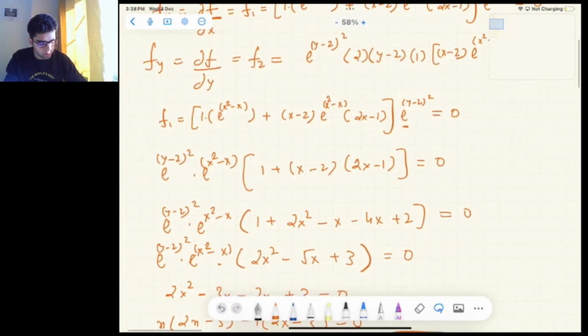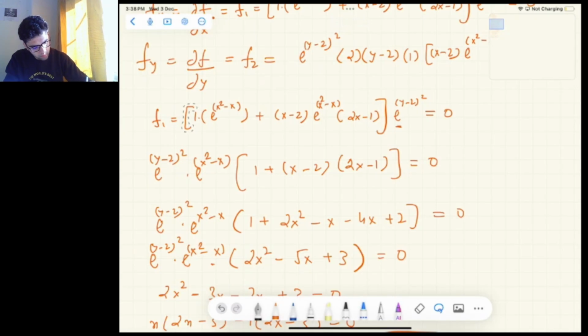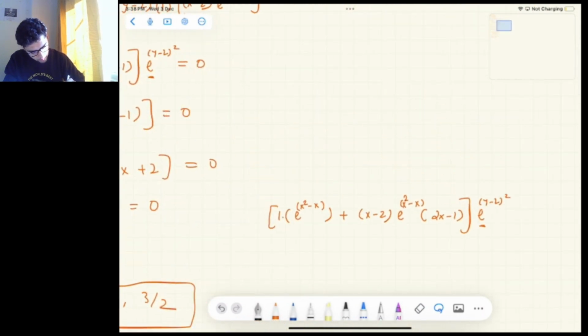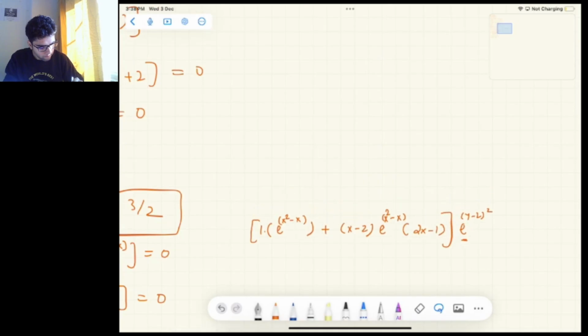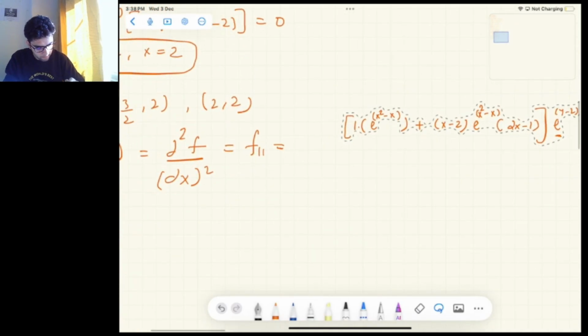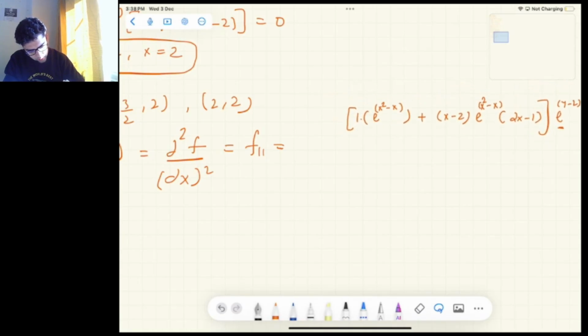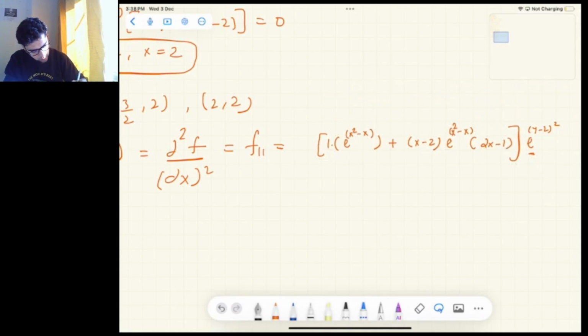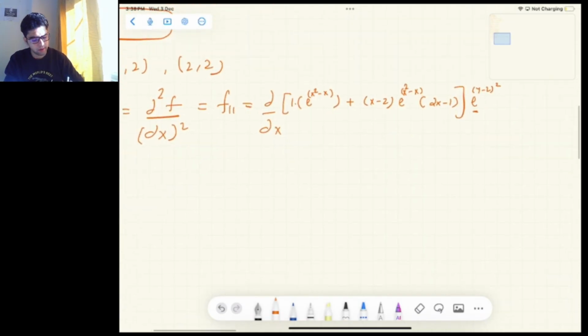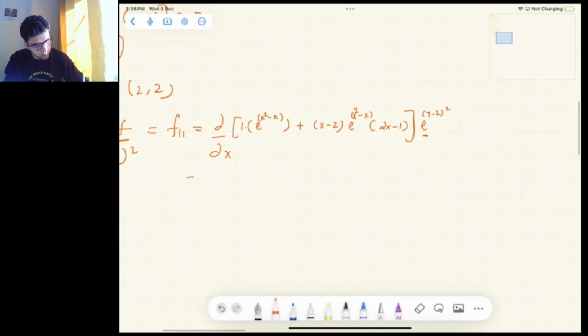I don't think I can copy this term. Right, so I need to differentiate this term with respect to x. So del by del x, right? Now this will be equal to,